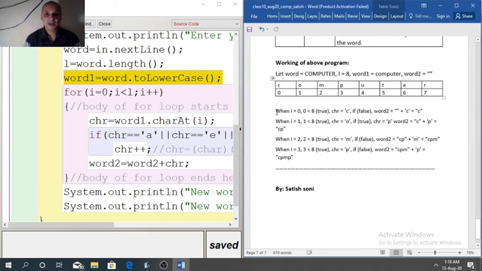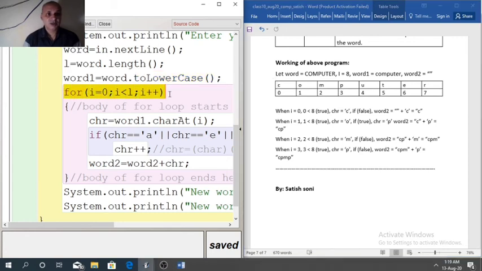Now see the logic here. This loop will run how many times? Starting with 0, less than L means less than 8, that is 7. So loop will run from 0 to 7, that is 8 times. You can see the index is also 0 to 7.